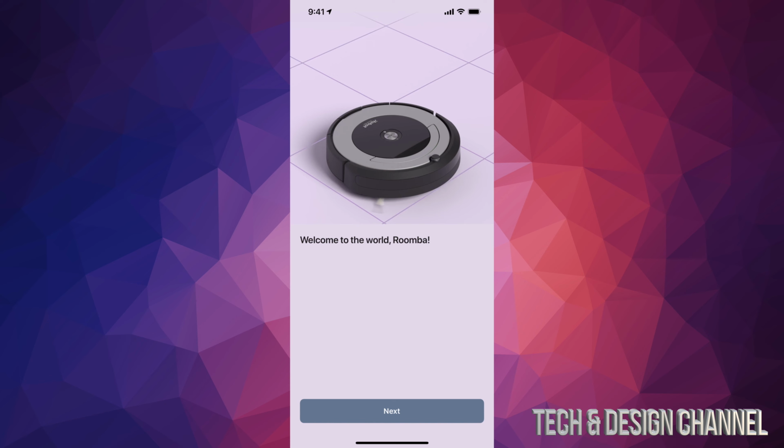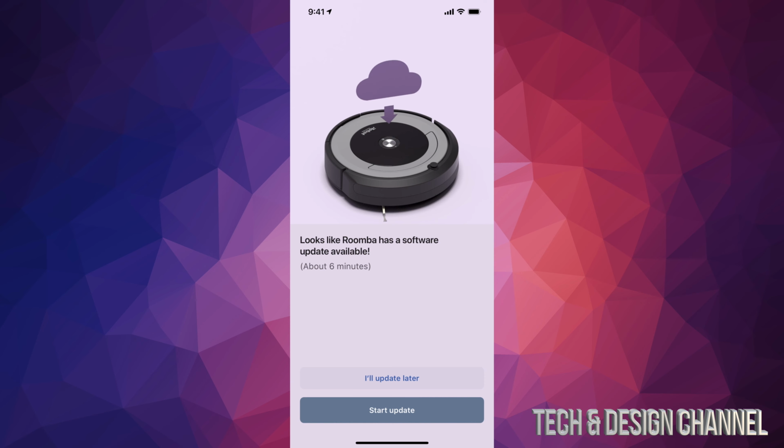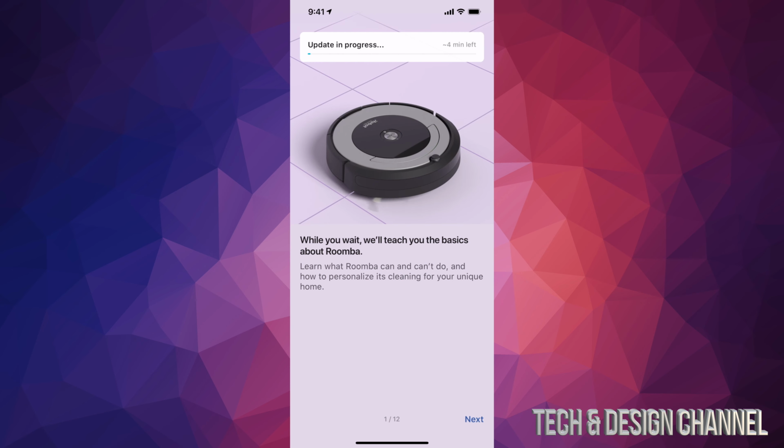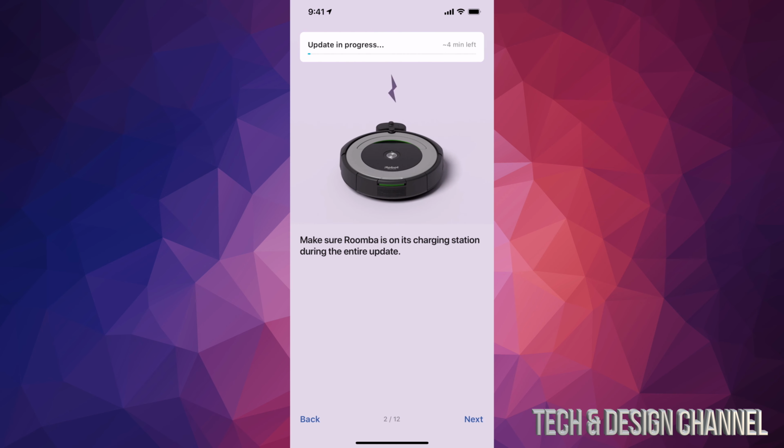At this point, you should see this video on your iPhone or tablet, and your Roomba again should have talked to you, should have told you that it's ready, so you can go on to next. If you have any updates right now, Roomba will do them, and I suggest updating right now. So we're gonna start the update. At this point, it should tell you the updating progress. We can go ahead and continue on,